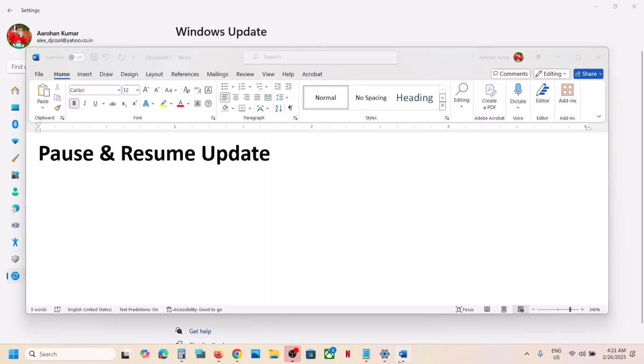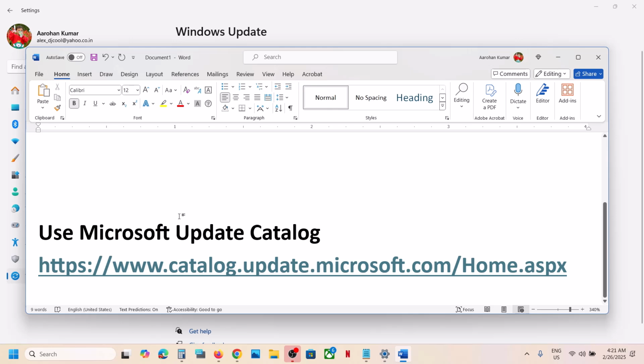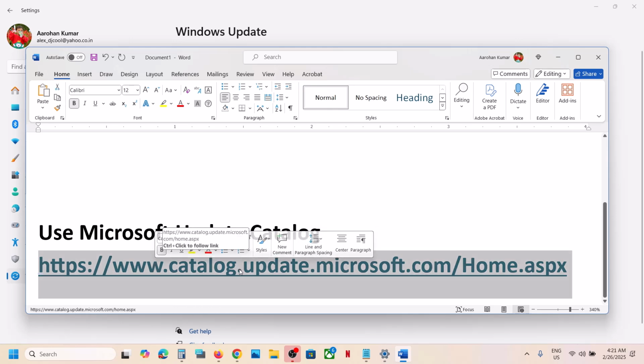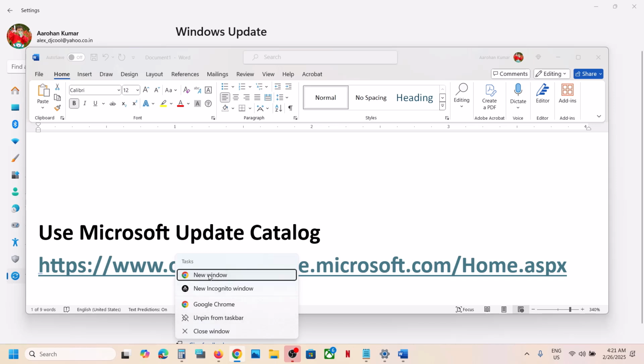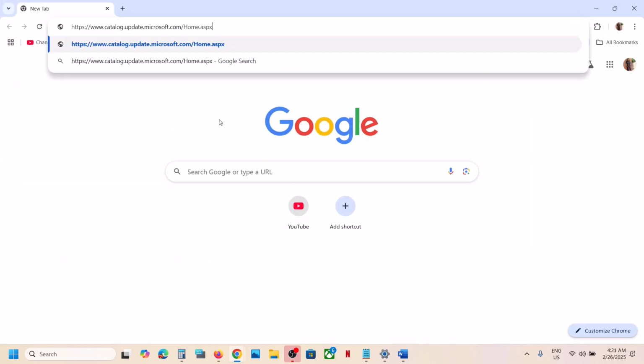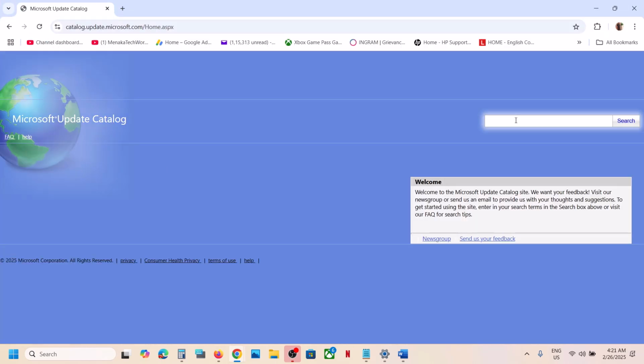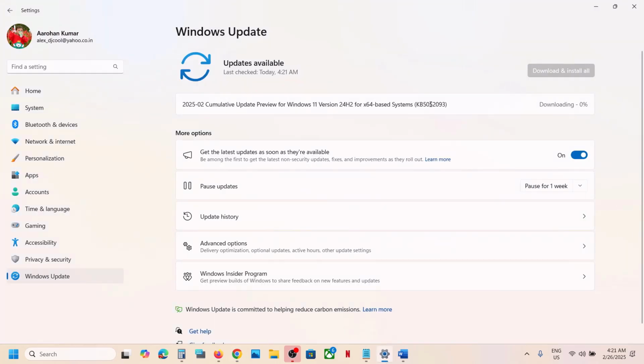Now the next step is to use Microsoft Update Catalog. Now for this, copy this link. The link is provided in the video description. Open this link in a browser. It will take you to Microsoft website. On this website, write down the name of the update, that is KB5052093,